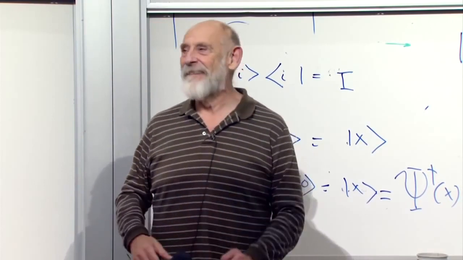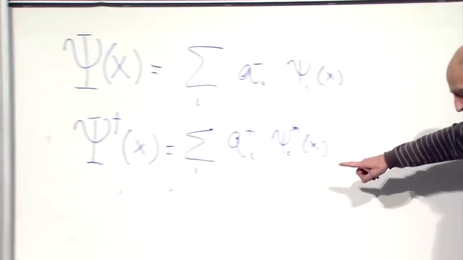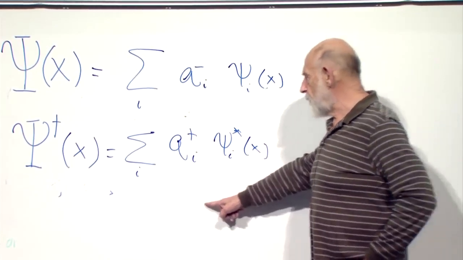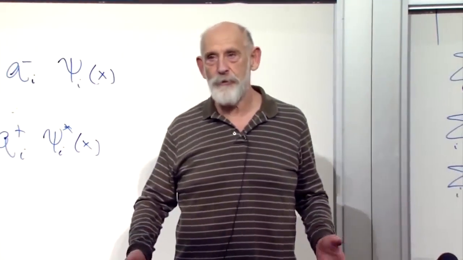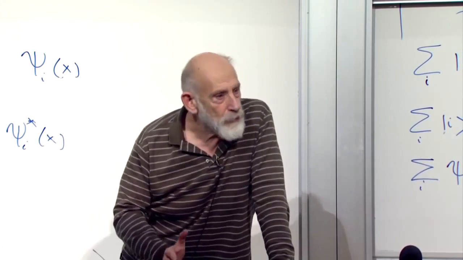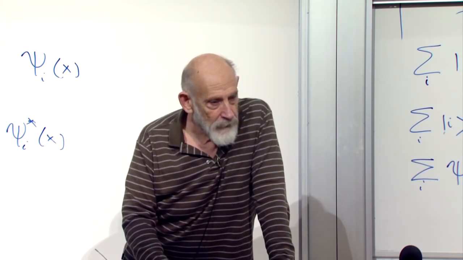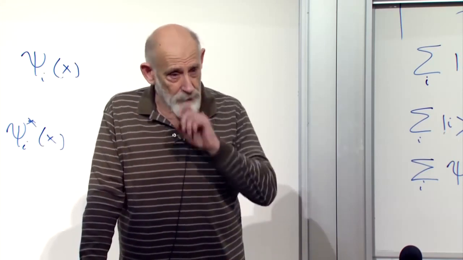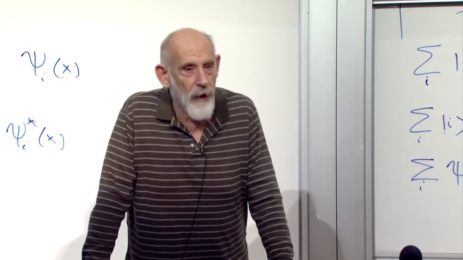On the left board, the lower sum, does the order of those operators matter? No. This is an operator. At each point x, this is just an ordinary number. It doesn't matter which order you put it in. Numbers times operators are operators times numbers. So just think of psi of x as a collection of numbers, one for each x. In general they will be complex numbers. That, of course, depends on the solutions to the Schrodinger equation, whether it's real or complex.